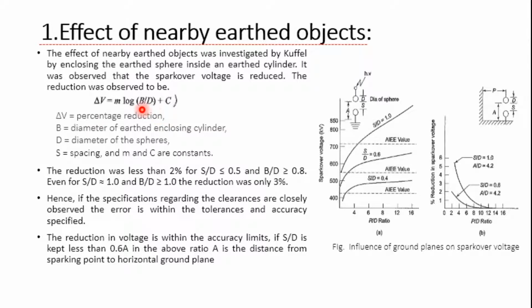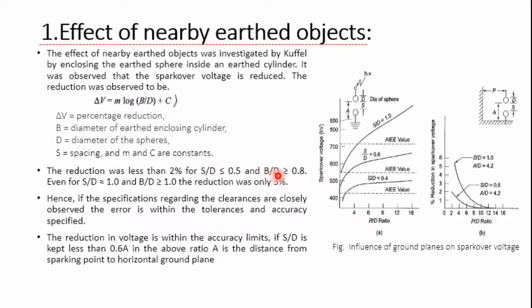B is nothing but the diameter of the earth enclosure, D is the diameter of the spheres, S is the spacing, and M and C are constants. What we can observe here is a reduction of less than 2% for S by D, the spacing over the diameter of the spheres, which is less than or equal to 0.5, and for B by D, the diameter of the earth enclosure over the diameter of the sphere,